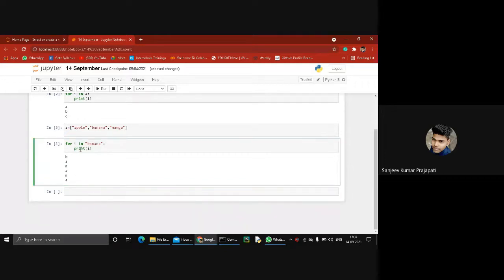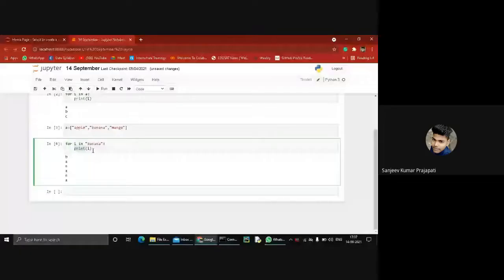So how does it work? In the starting condition, the value of I is zero because by default it starts from zero, and the increment is not mandatory in a for loop. But if we use a while loop, the increment is mandatory. In a for loop, it increments by itself by default. So first the value of I is zero, then we go to the statement print I. So we get the zero-indexed value, b, so b is printed.